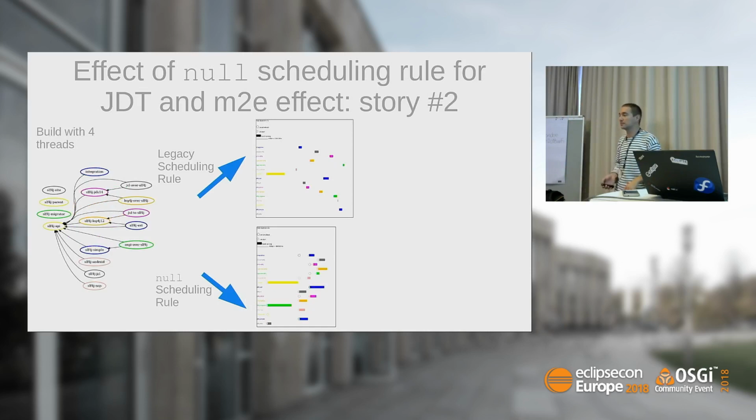Now a real-life project, because I've not shown most real-life projects in this situation. I can show more to interested parties after the talk. The effect of the null scheduling rule on SLF4J: this is SLF4J imported with Maven import, and this is the dependency graph of SLF4J generated by the demo tool. At the top, a regular build. At the bottom, the same build, but with the null scheduling rule. And you see here, if you look at the overall gain, maybe 25 to 30% on SLF4J, which is a real-life project.